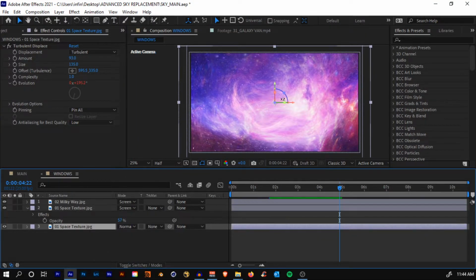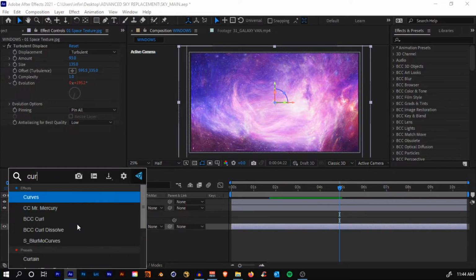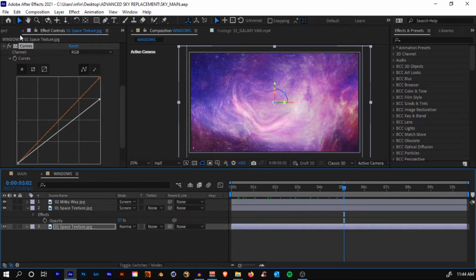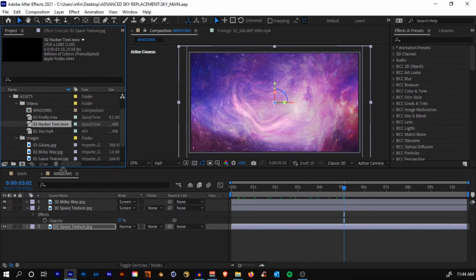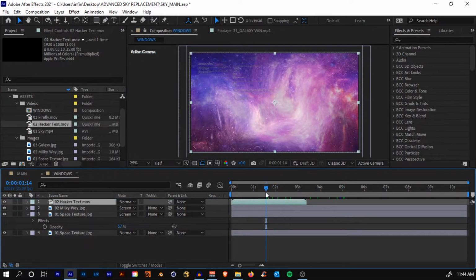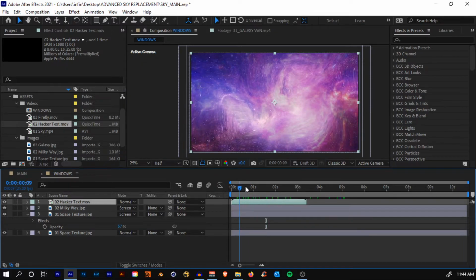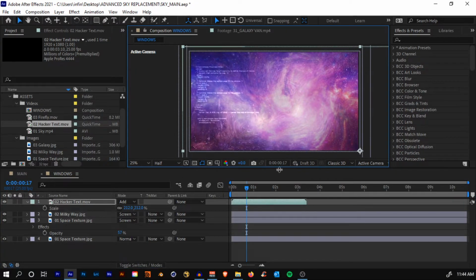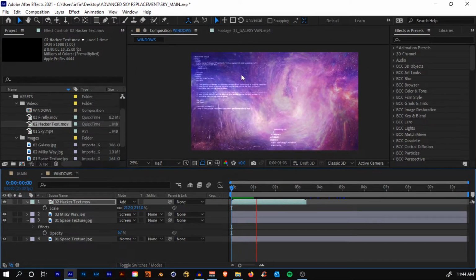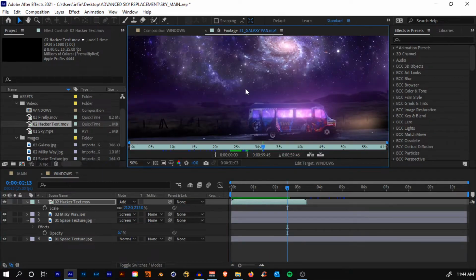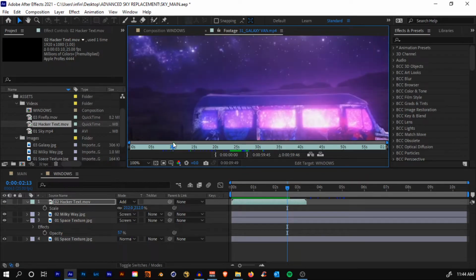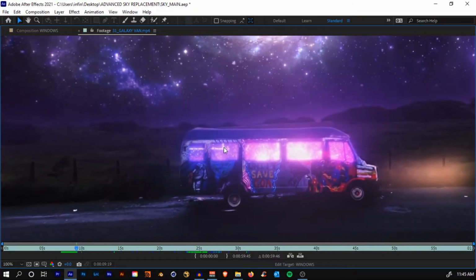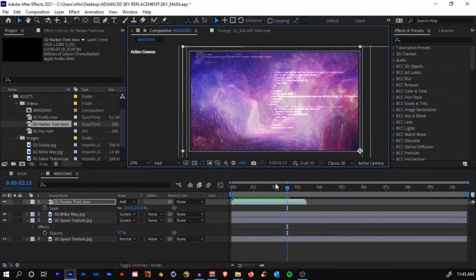What I'll do, I think it's still too bright in the middle, so I'll add in a curves effect to a bottom layer and I'll just get it down, something like that. And what I had also done is I had also added this text effect here. So I'll just change the blending mode to add and just scale it up and just place it. I just like this effect going on the screen. You must have seen it in the example even. One second, let me show you. See right there, it looks cool, so why not?